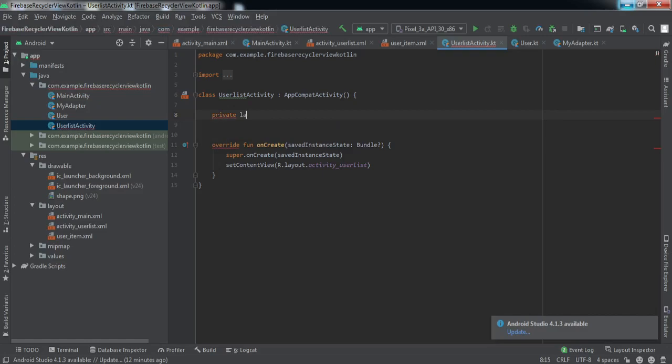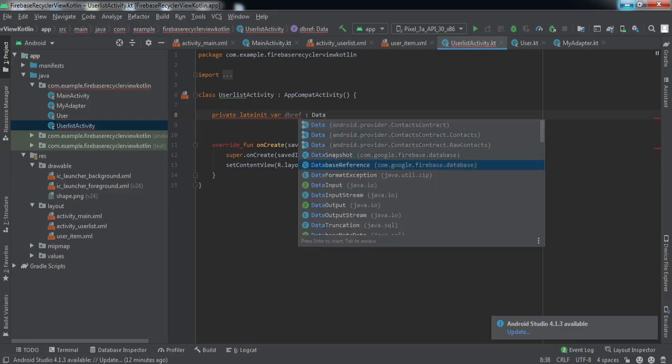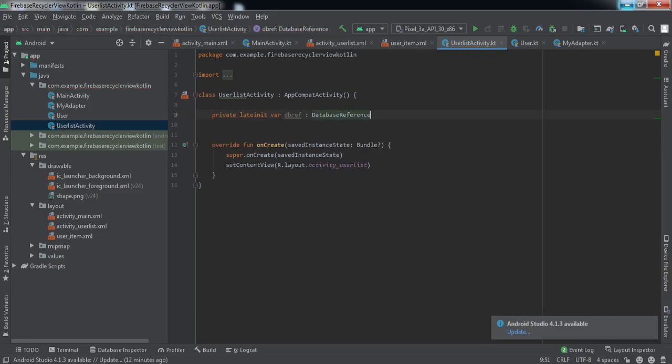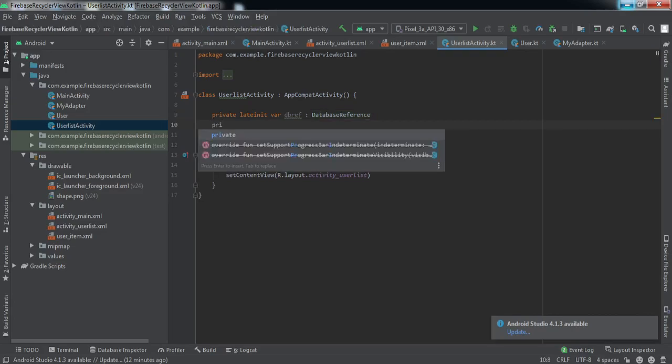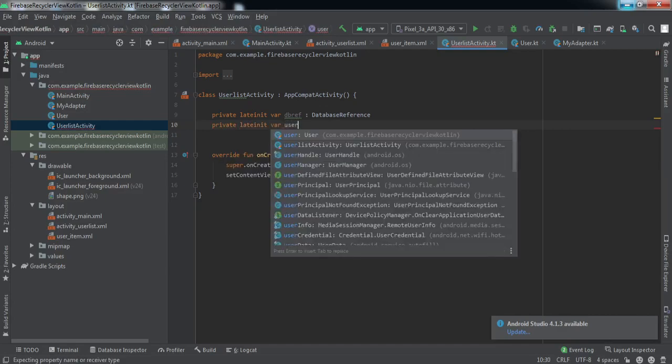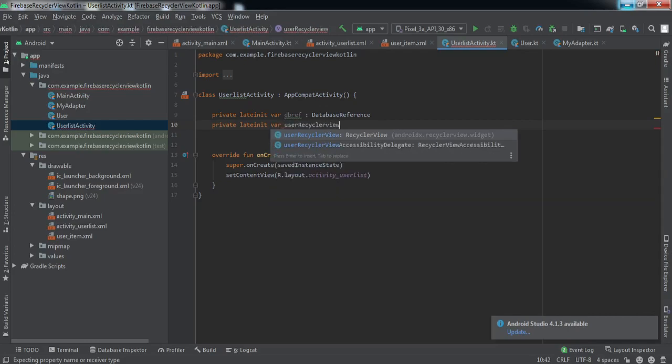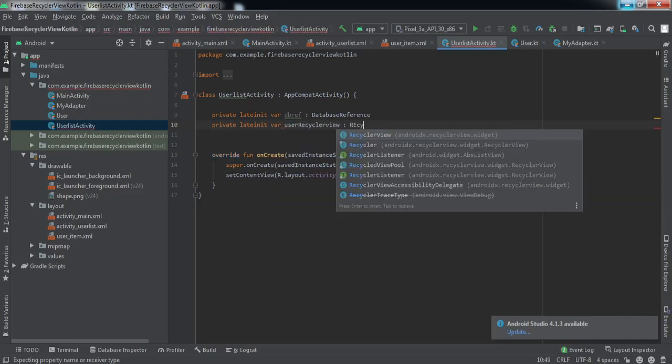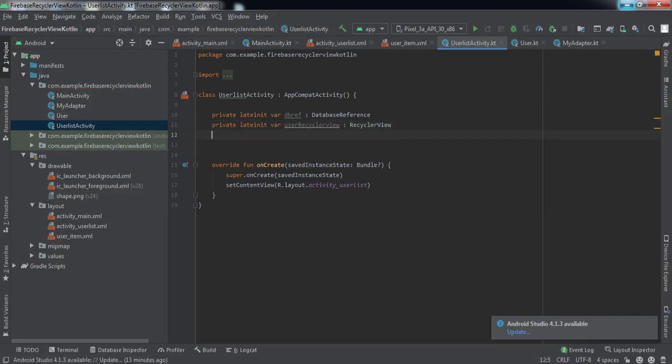So first we're gonna declare a variable, name it dbref, and it will be DatabaseReference type, right? And the second variable, let us call it userRecyclerView, and the last variable will be an ArrayList.